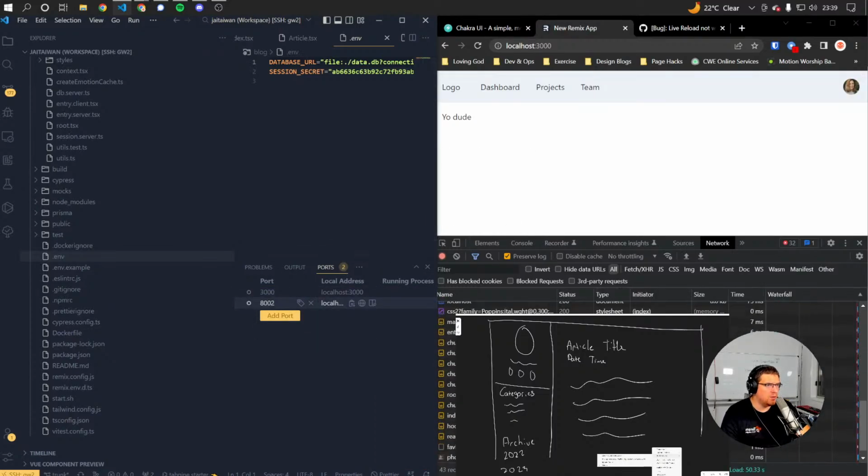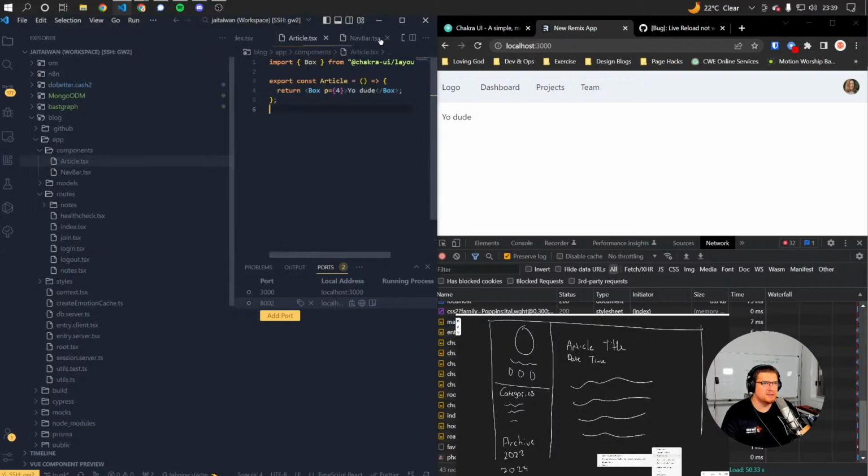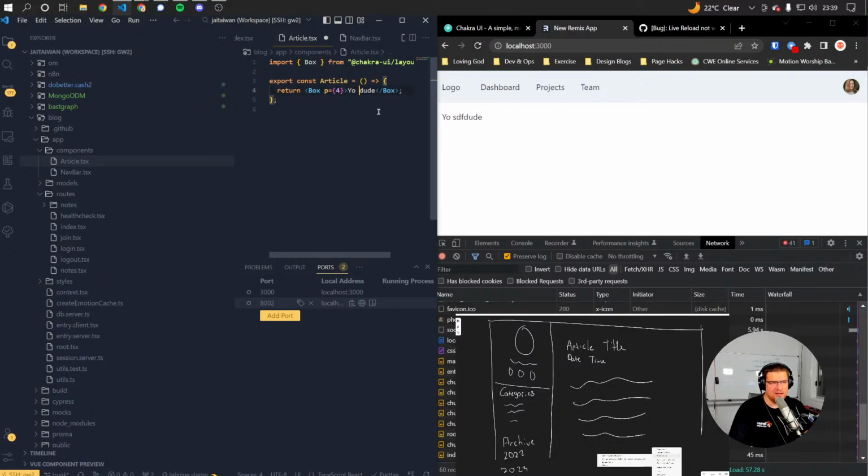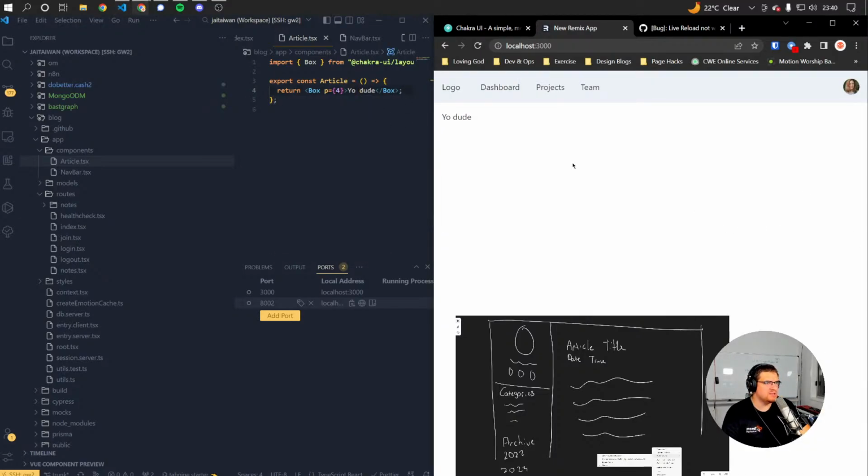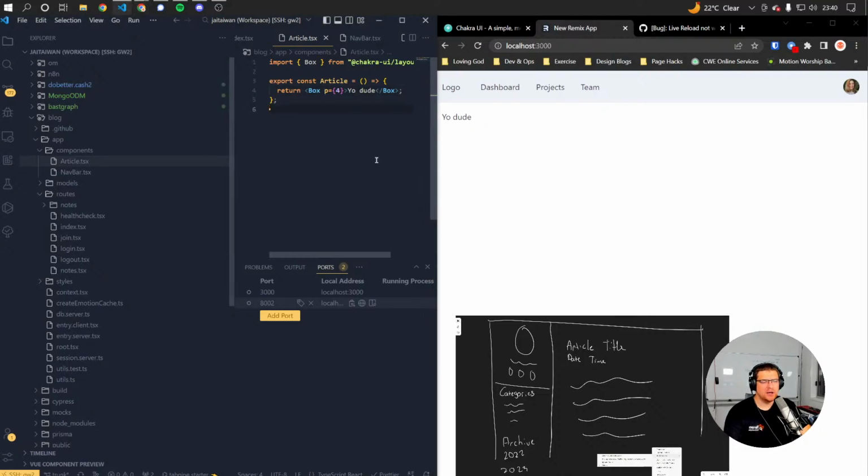You want to work now? Oh, I think that worked. Let's give this a go. Alright, well, for some reason the wrong port was detected. There we go. Auto reload for the win. Alright,